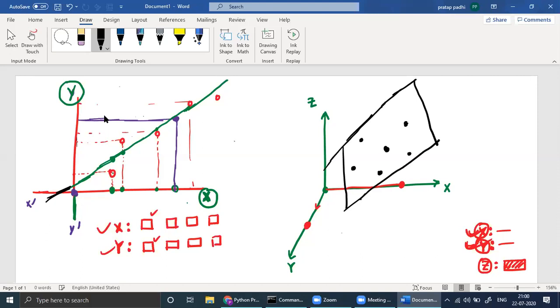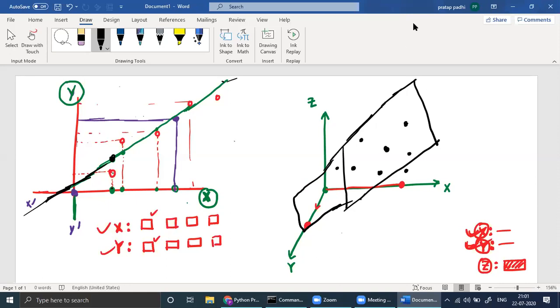Which can pass through all the points? It will not pass through all the points. When I say plane, you can extend this one. See, this line is not finite. Similarly, a plane extends on every side, so some points will be on this plane, some points will not. But for this X, we accepted this Y so that we can make a formula here.